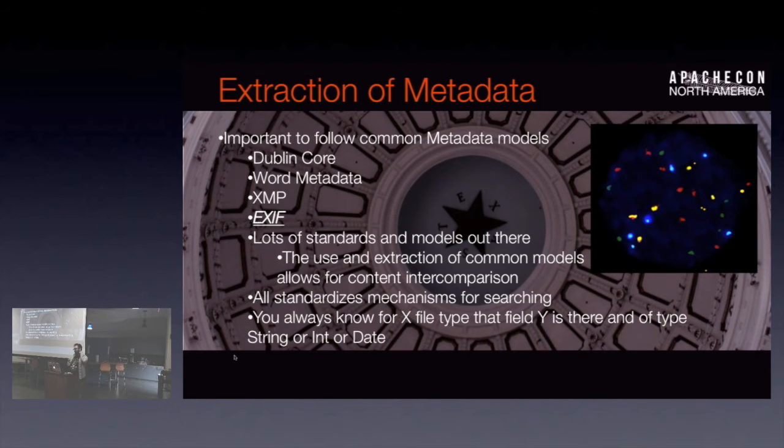Metadata is really important. What you find is that not only are there parsing libraries that are associated with file types and things like that, but typically those parsing libraries extract certain types of metadata. Lo and behold, it's because there are metadata models that traditionally go with file types. Dublin Core is the standard for all electronic resources. It's a set of 15 to 17 metadata elements that are supposedly going to describe anything. It's like author, title, blah, blah, blah.